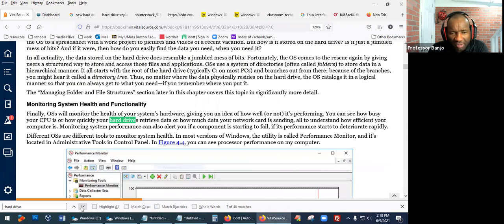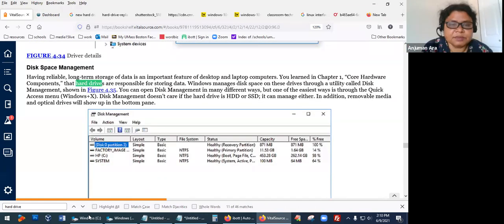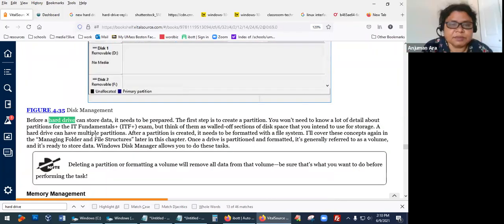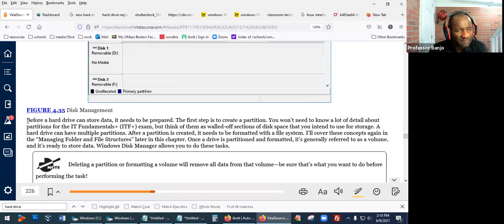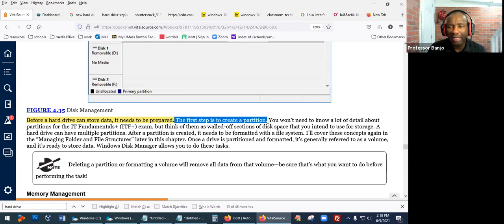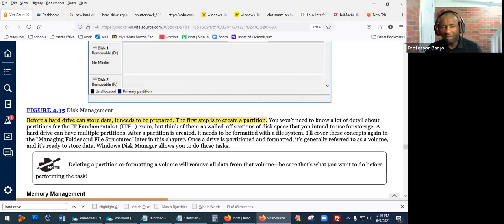All right, so let's see about hard drives here. Okay, disk management. Look at this part here, right, Anjuman? Before a hard drive can store data, it needs to be prepared, right? You need to prepare the hard drive, and the first step is to create a partition, right? A partition. So right here,